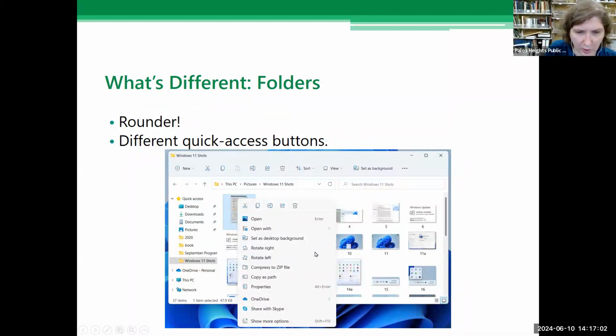They still have the open and open with, but they also have other cloud services that are right there automatically. And the layout on the top does look a little different. I can go into those for just a moment.